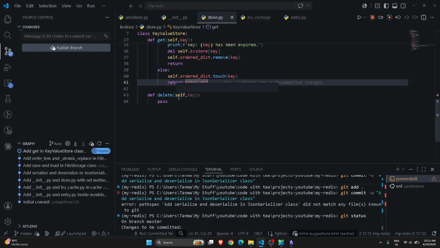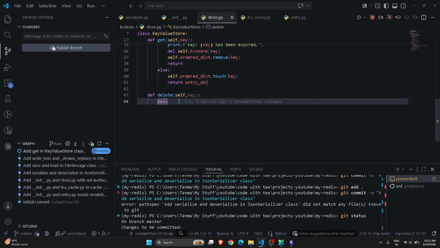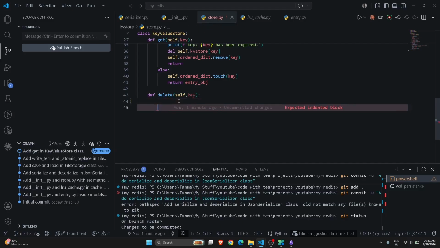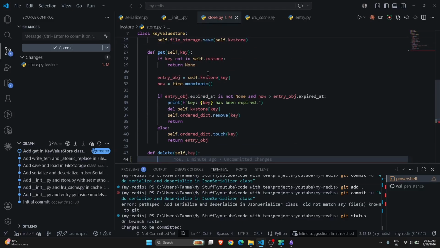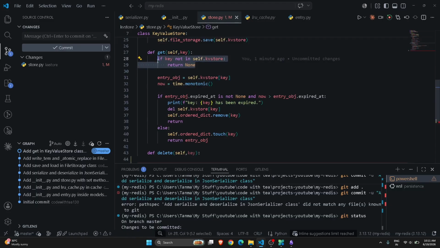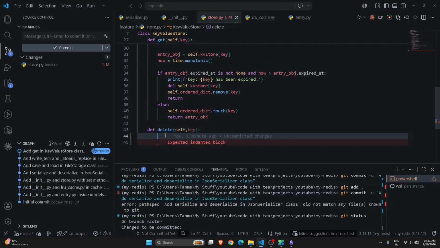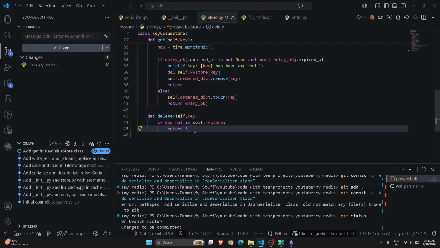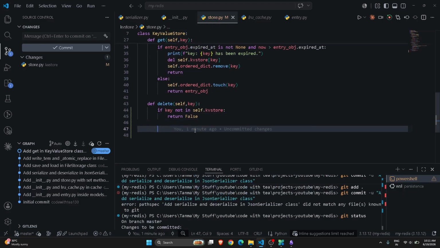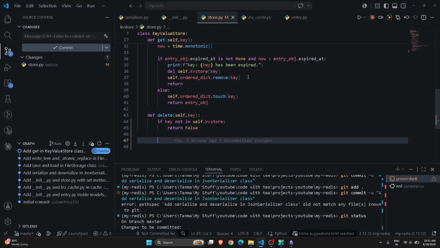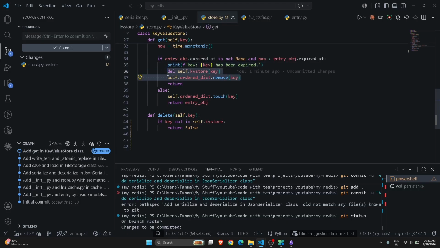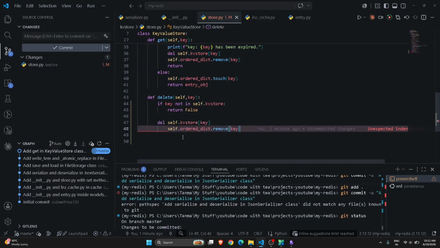Now what do we have to do? Delete. Yeah, we have to work on this delete. Now delete will also work in the same way. We have to check first. If key is not there, we have to return false. Okay, otherwise, if key is there, then we have to delete it. So it will be the same way over here. Delete the key,